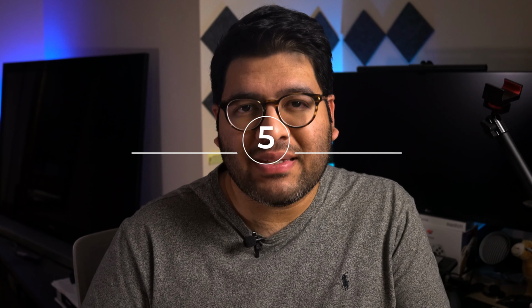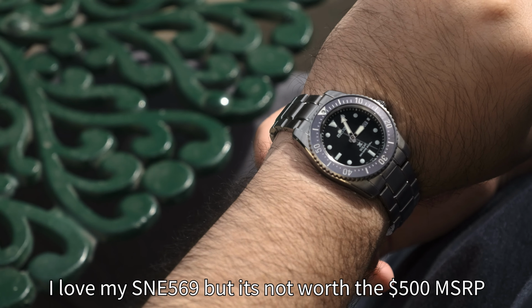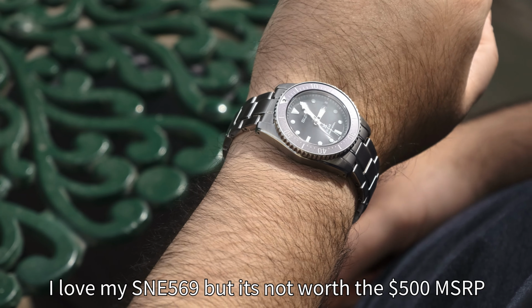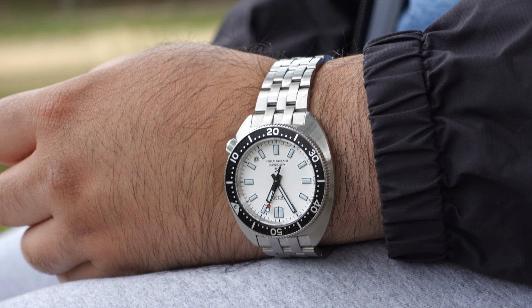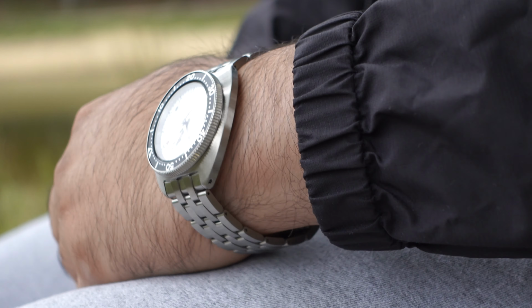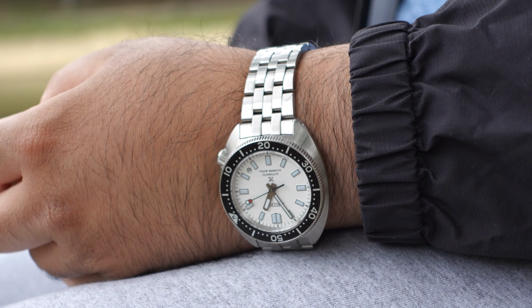So if you've been following Seiko over the past few years, you'll have undoubtedly noticed that their prices have been creeping up more and more and jumping up in many cases. And yeah, it's been pretty irritating, because a lot of the watches aren't leveling up the same way that the prices have been leveling up. But also at the same time, there have been a lot of watches that have been justifying their price increases, like the SPB259 and the Willards and the Marine Master 200 that came out